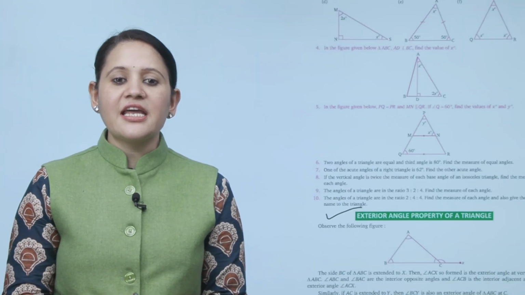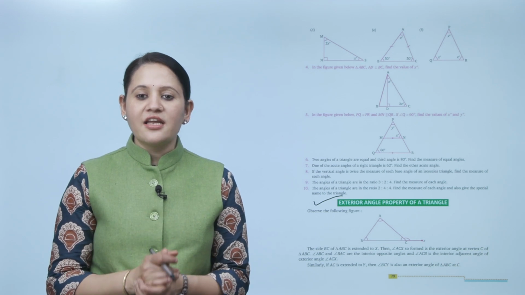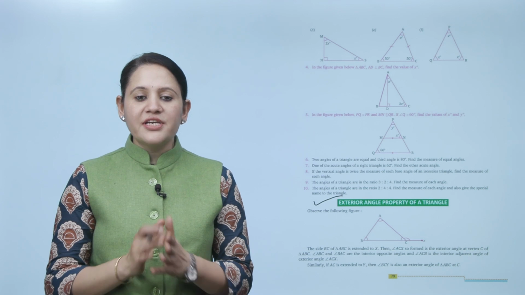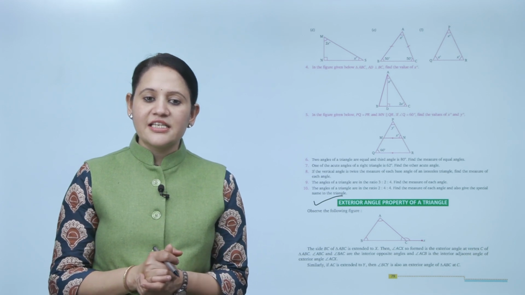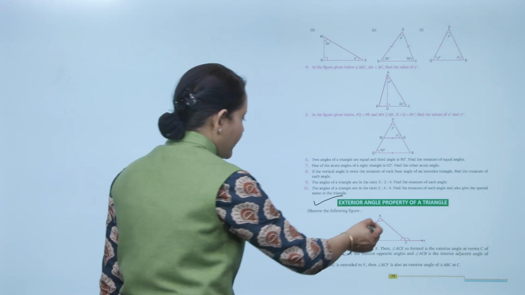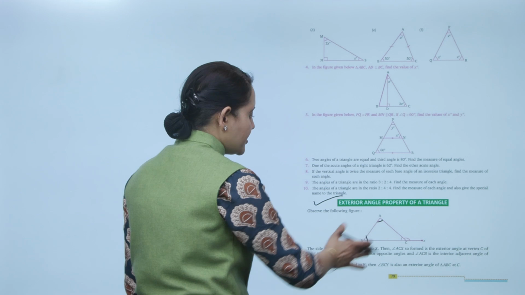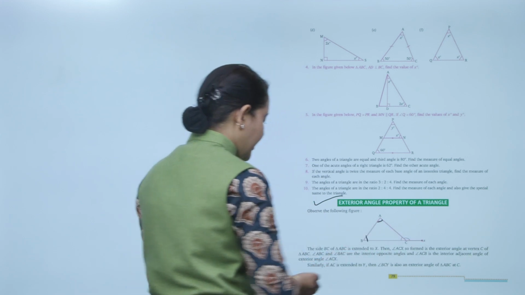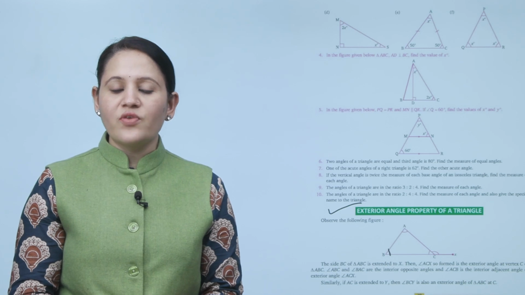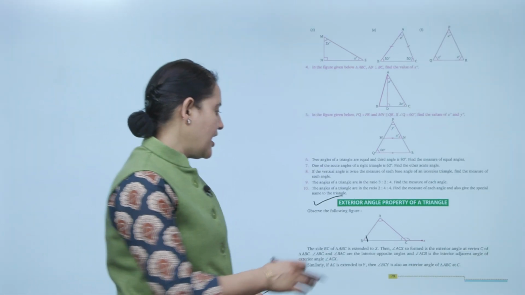Angle ABC and angle BAC are the interior opposite angles, and angle ACB is the exterior adjacent angle of the exterior angle ACX. So here angle ABC means this and this. They are the interior opposite angles of angle ACX. Clear? Similarly, if AC is extended to Y, then angle